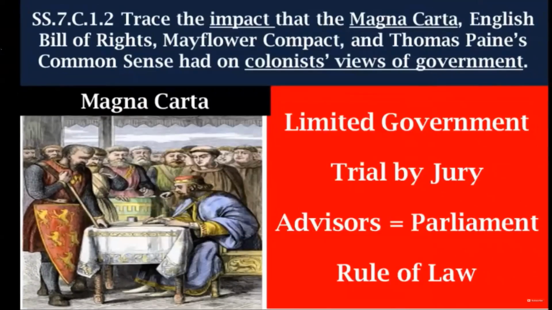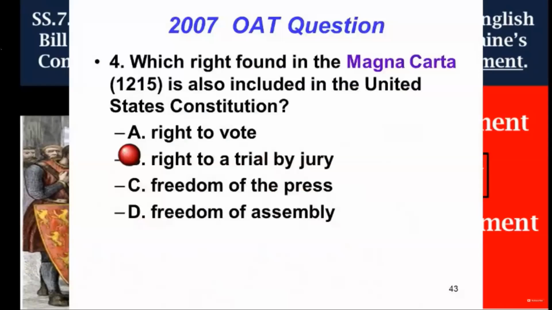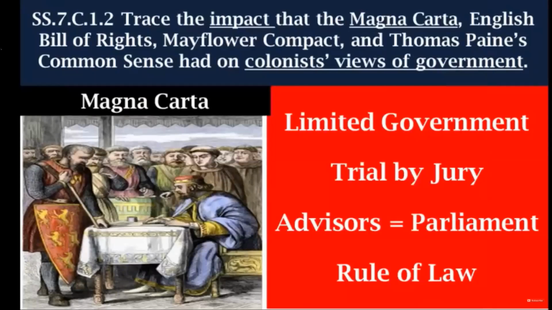Another big principle is this idea of the rule of law. Not even the king was above the law. So that is another possible test question. Other possible questions that could pop up: barons force the king to give them trial by jury. I've seen test questions where they put this description of a jury from the Magna Carta in it. And also the idea that the king needed permission to pass new taxes.